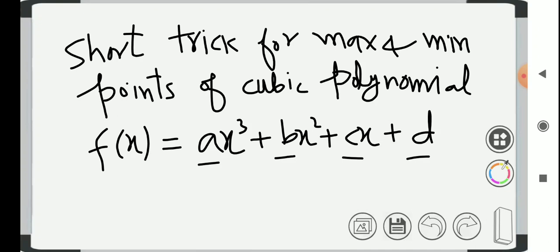First we differentiate a function and simply equate it to 0, because it will give the stationary points of that function. Then we determine, by using the first derivative test in the neighborhood of those stationary points, what is the behavior of the slope, or we may use the second derivative test in order to determine the max min points. So let us continue. Let us show how we will deduce this short trick.